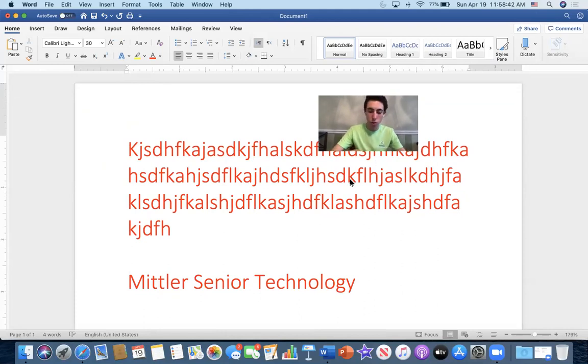The last segment we're going to do with Microsoft Word is how to save the document once you've finished working on it, or if you want to save it for later. Also, how to export a document, how to print a document, and how to send the document via email.